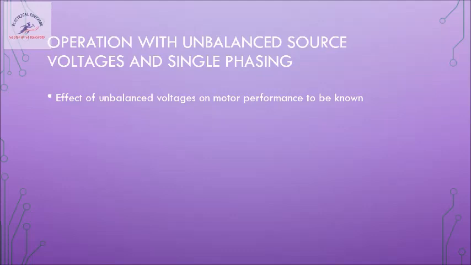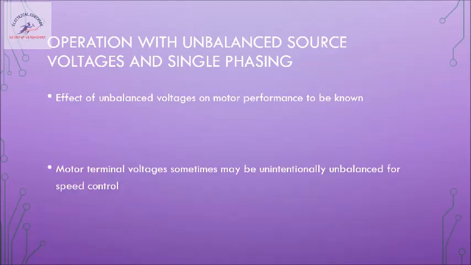Because in industry we know that motors are connected to loads. The load may be various manufacturing processes. There are certain motors which are very high speed, rotating at 30,000 rpm, etc. And these nanoseconds of error in the performance may cause certain damage to the industry with respect to finance. So what are these effects? That has to be known.